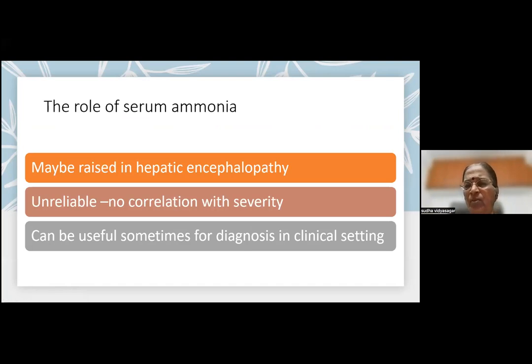Okay, the role of the serum ammonia, I just want to make a mention, may be raised in hepatic encephalopathy, non-specific, unreliable, no correlation with severity. A higher ammonia doesn't mean that he has got a very bad hepatic encephalopathy or anything like that,